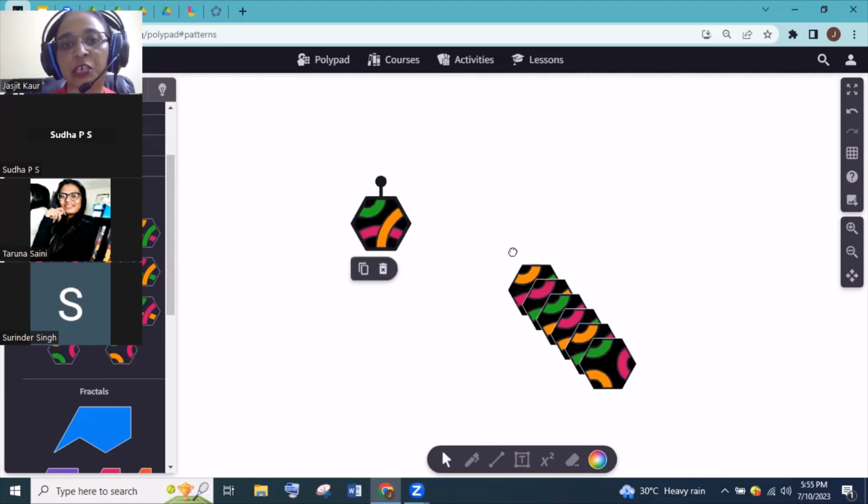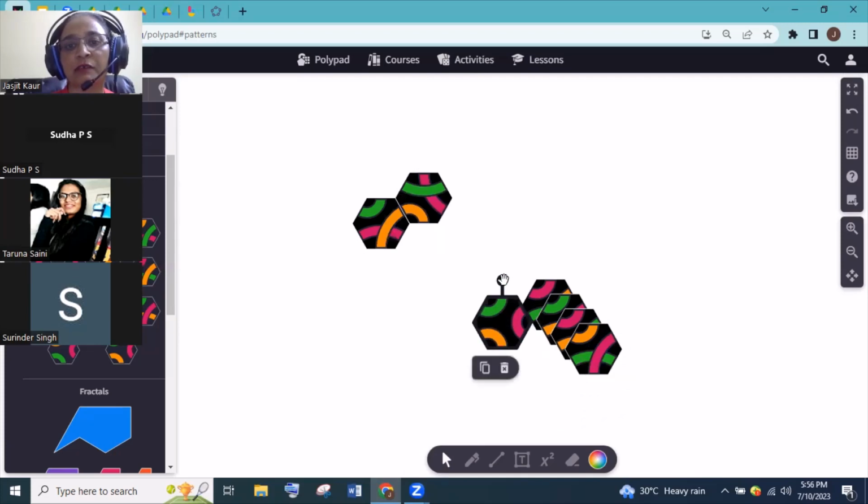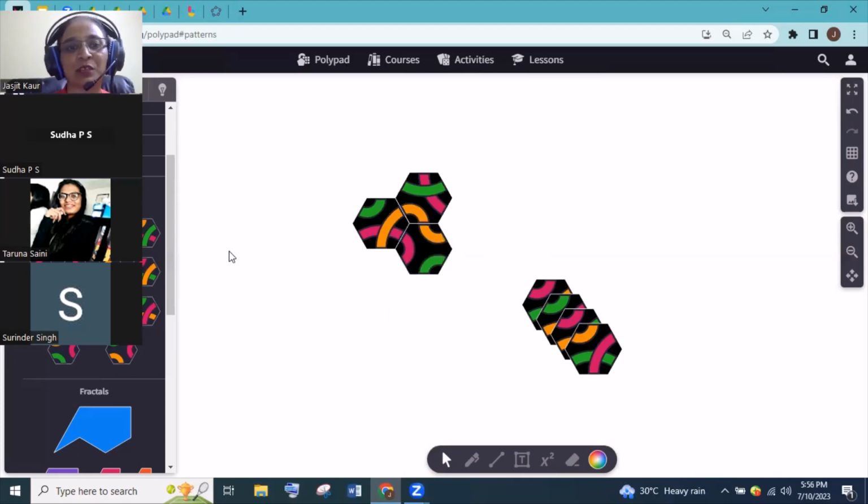First of all, what shape it is, then encourage them to join the sides of the hexagon with the sides and make different same shapes, so that they will enjoy and will not get bored with the subject. So these are a few games we can use to help the students understand it.